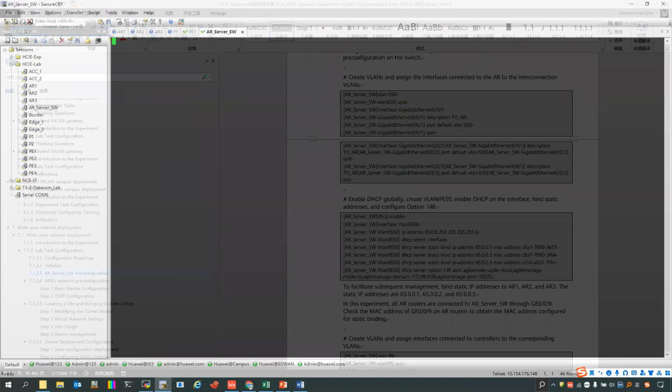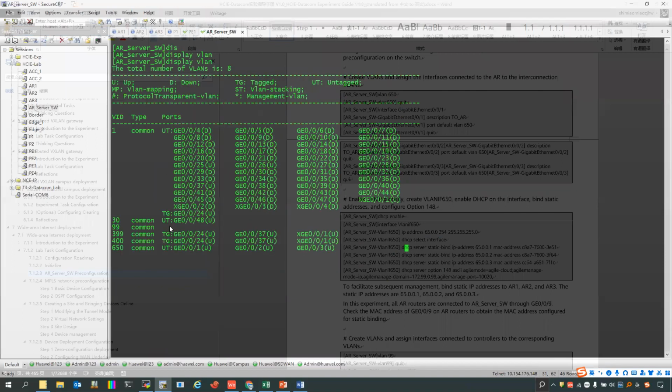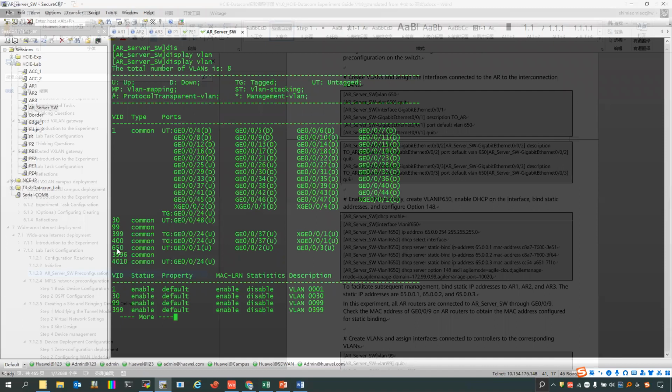And I have already finished this deployment. We just check it. You can find that for the VLAN 16 and 615, we have already assigned all the interfaces that are connected to the ARs to it. And besides that,